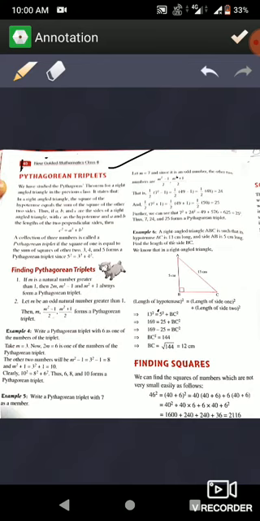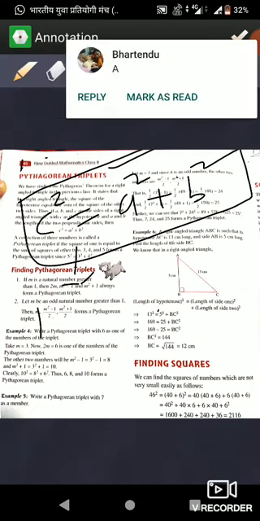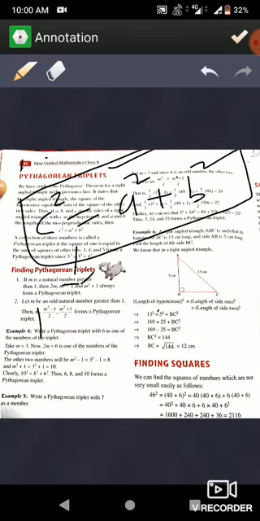As you studied in class 7th, recall the Pythagoras theorem from there. The Pythagoras theorem states that the square of the hypotenuse is equal to the sum of the squares of its two sides. Suppose the hypotenuse is c, the altitude is a and the base is b, then c square is equal to the sum of the squares, a square plus b square. Now, a collection of these three numbers is called Pythagorean triplets. Okay. Now I think everyone is clear what the Pythagoras theorem is.